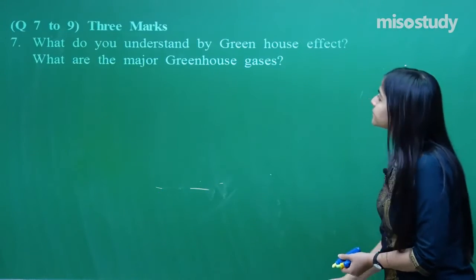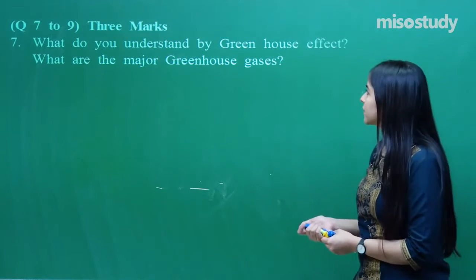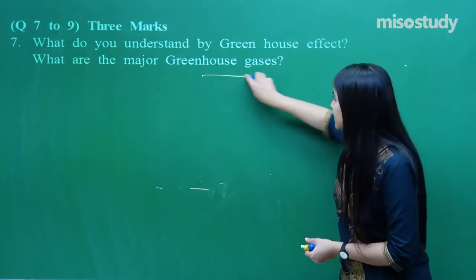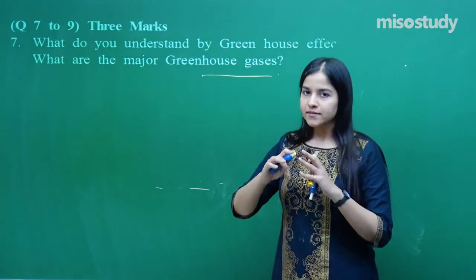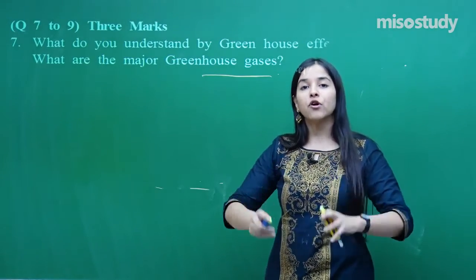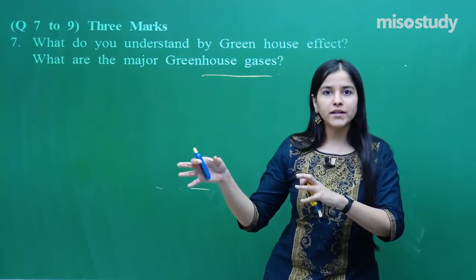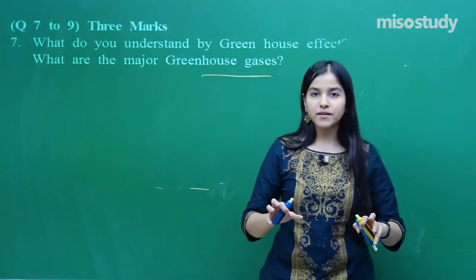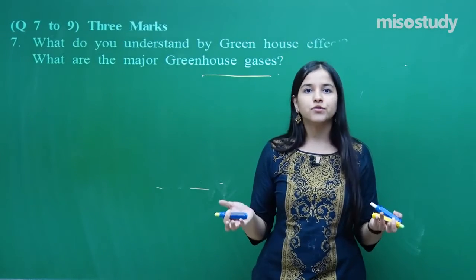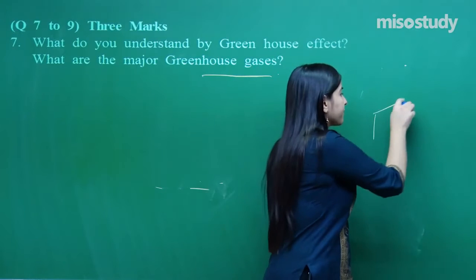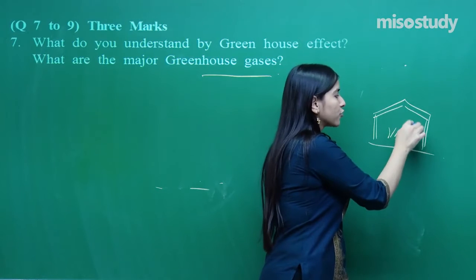Now, next question. Question number 7, a 3-mark question. What do you understand by greenhouse effect and what are the major greenhouse gases? We have already discussed the greenhouse gases. So what is basically the greenhouse effect? See, if we talk about where it got evolved from, in colder areas, in order to cultivate plants, due to the cold temperature, plant growth is not possible. So for that, they develop a glass house, which is known as a greenhouse. There they grow the plants,